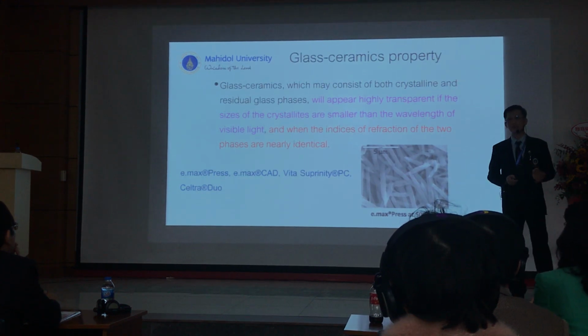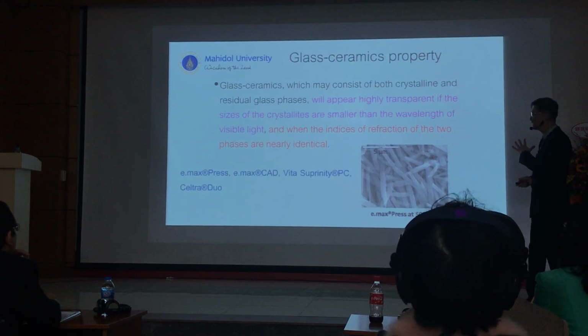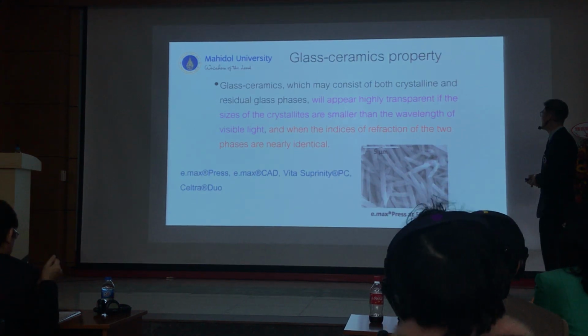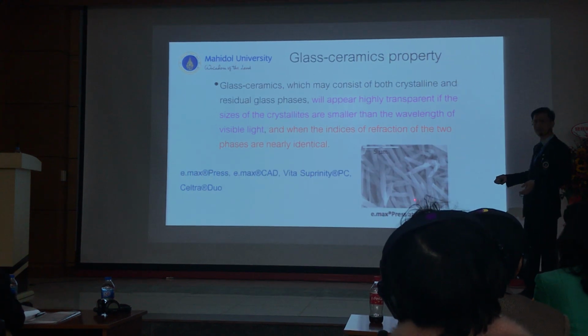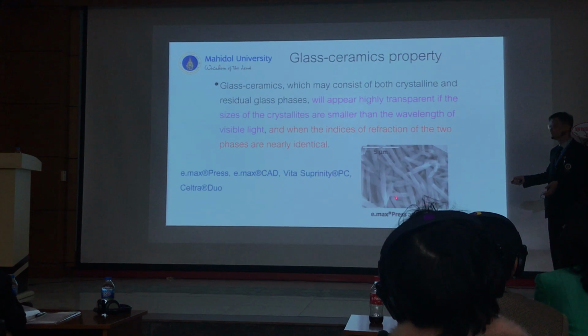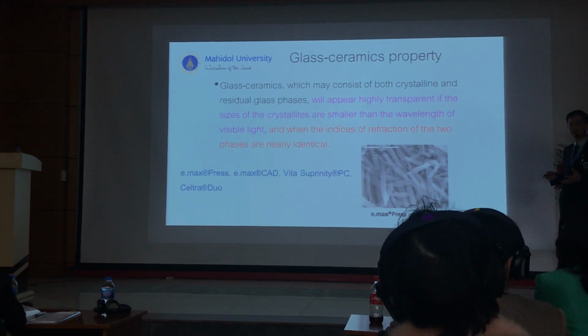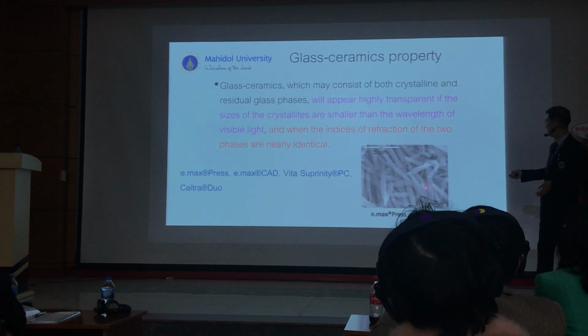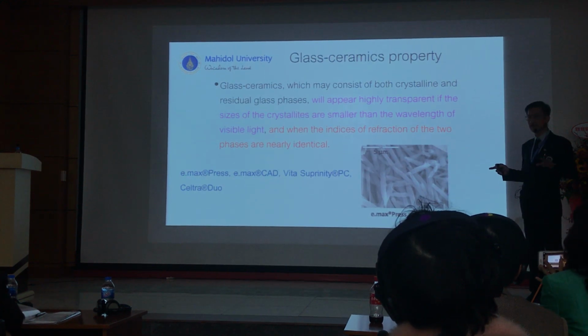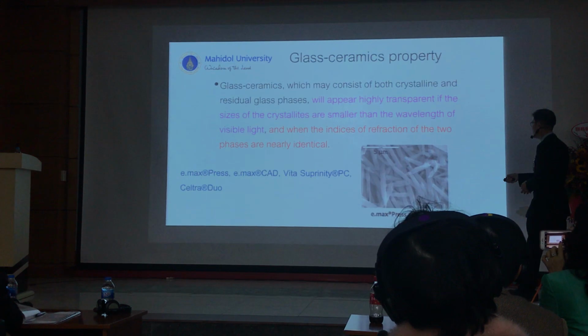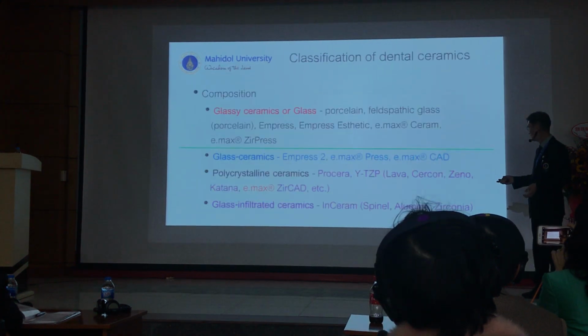And why this one, if you look at it in the mouth, you use a lot of something like this, talk about Emax. Why is it very beautiful, why is it very translucent? Because if you look at the microstructure of it, this crystal came from the glass itself. That's why, because this one is made from its own glass, right? The crystal occurs from its own glass, and its index of refraction is going to be the same. That's why when the light passes through one crystal, it acts as.